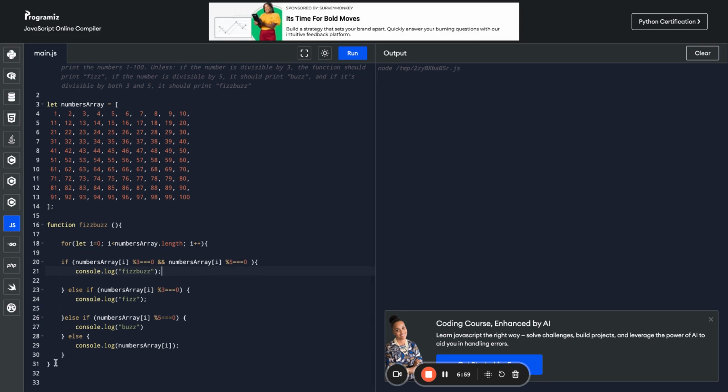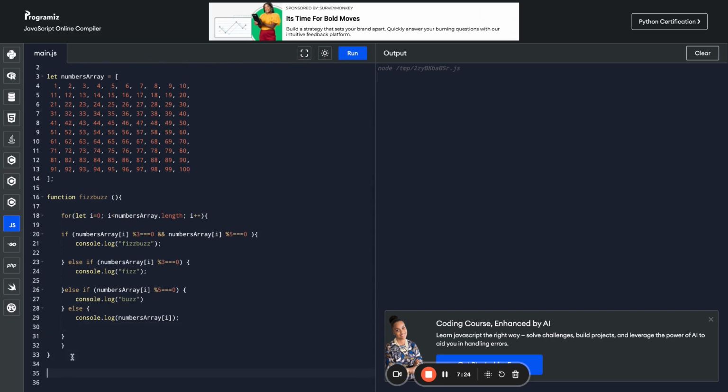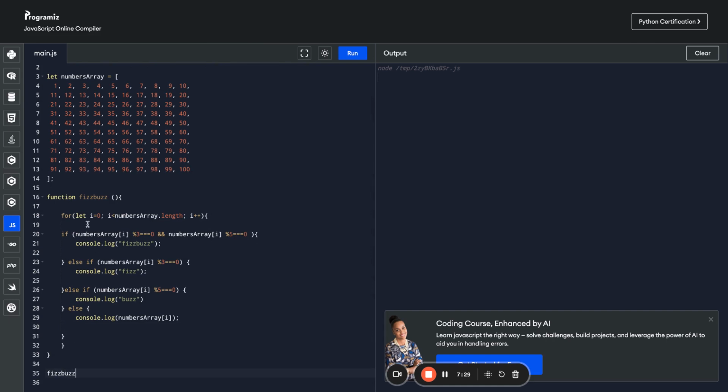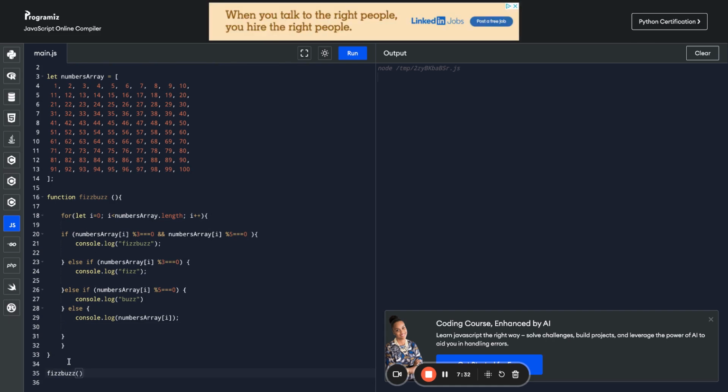So the last thing that I need to do is I'm missing a closed bracket somewhere. I think right here. We'll see. And then the last thing I need to do is call it. So we're going to call the function, which is fizzbuzz, with that, and we'll see how it goes, and we